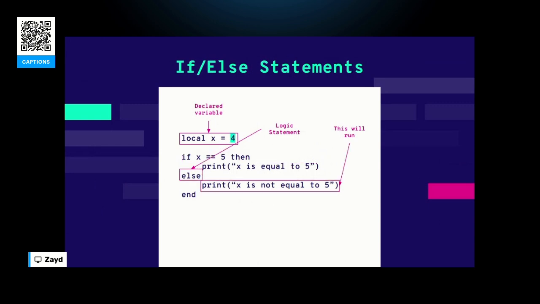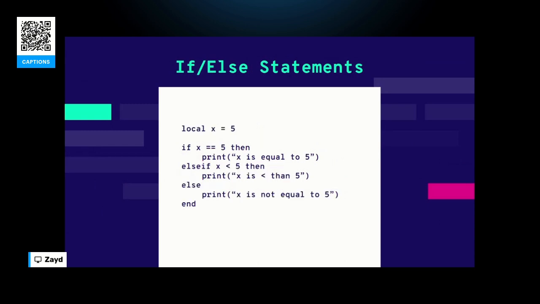Cool. Now, if we change the value of x to 4, for example, it is no longer true, and the else statement will run and print what is highlighted, which is x is not equal to 5. All right. Now, I added an else if. This might be a little scary at first. But this means that if the original statement isn't true, the next statement, x is less than 5, will run and check to see if it's true. And if it's not true, then run the else.